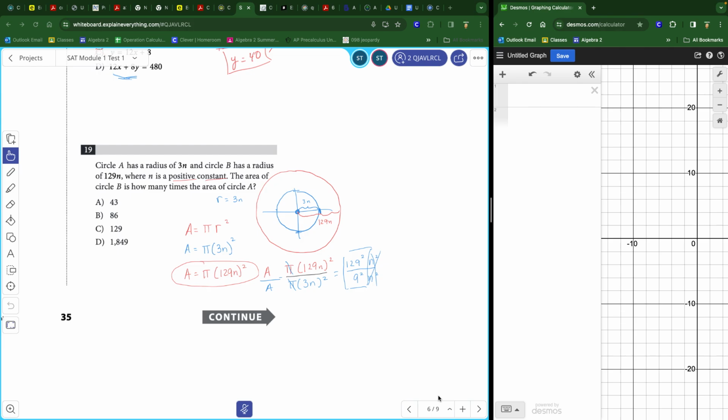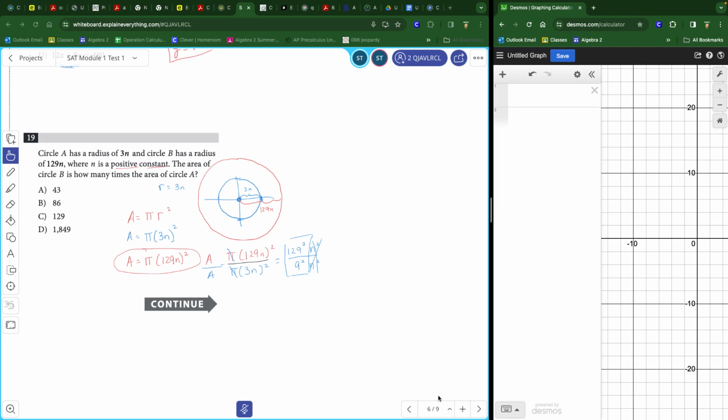Okay, so I'm going to get out my calculator. Now I'm going to simply type in what the heck is 129 squared, divided by 9 squared, is equal to,